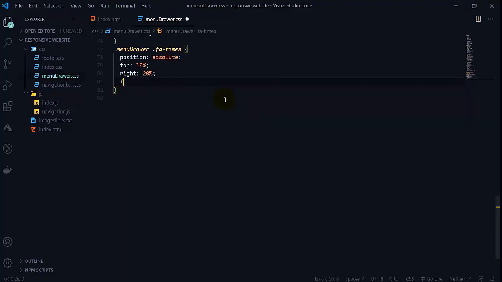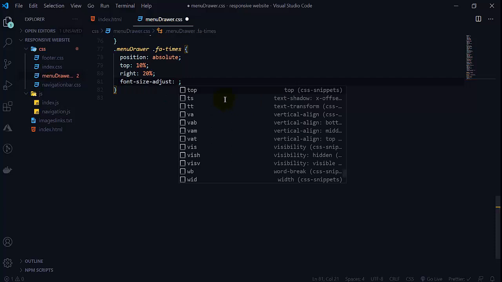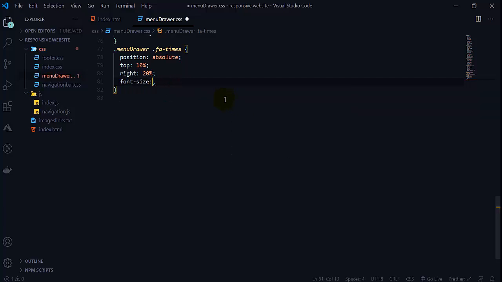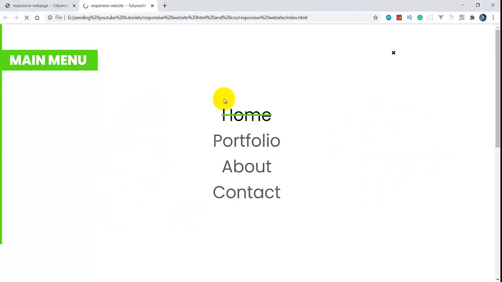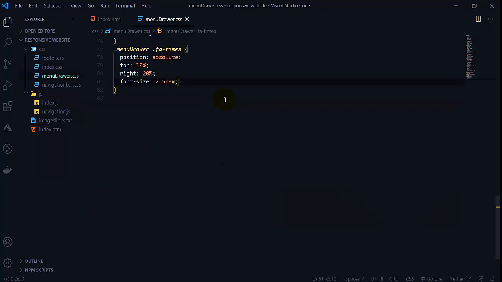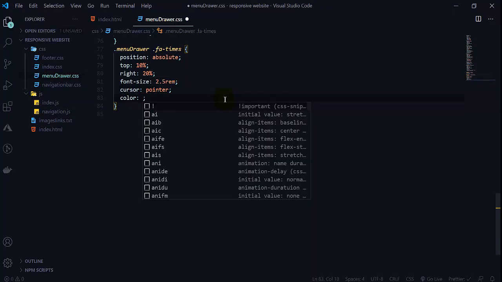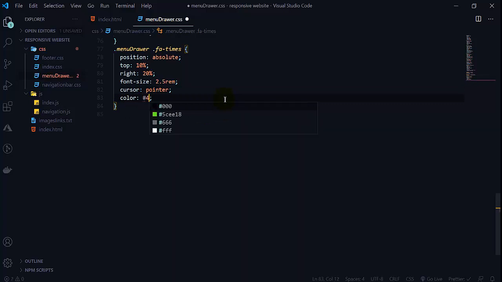So its font size will be 2.5 rem. So when I reload this, see that we are getting like this here, and cursor will be pointer, and now by default its color will be #444, and after hovering on it we will make this color black here.